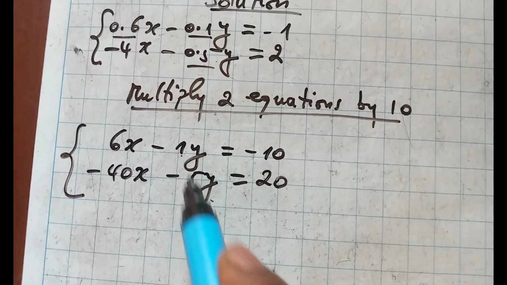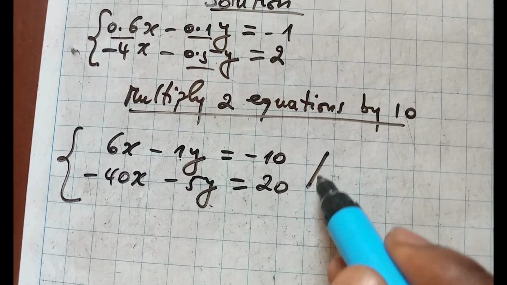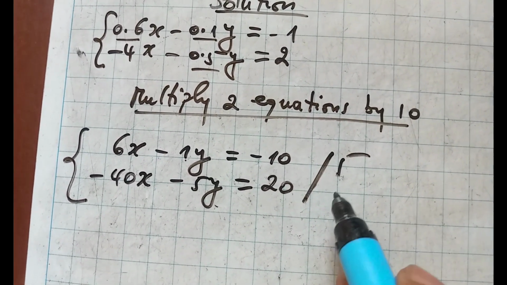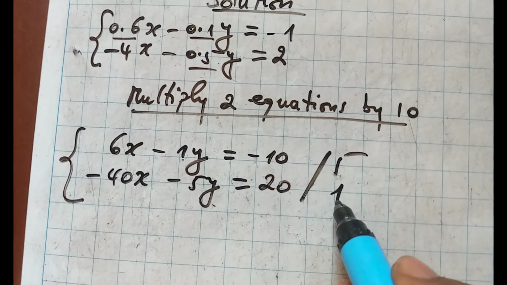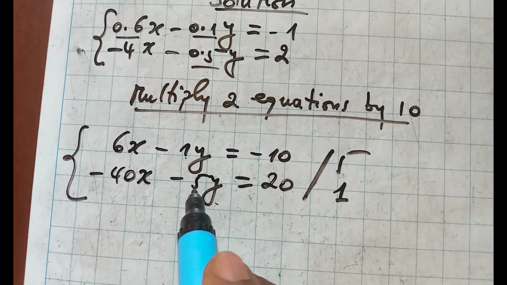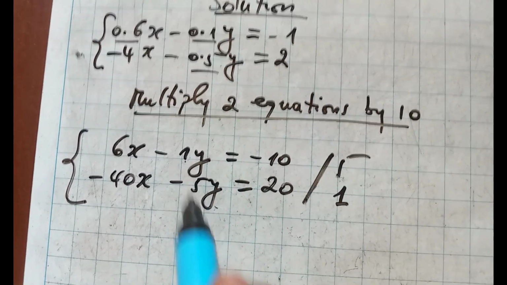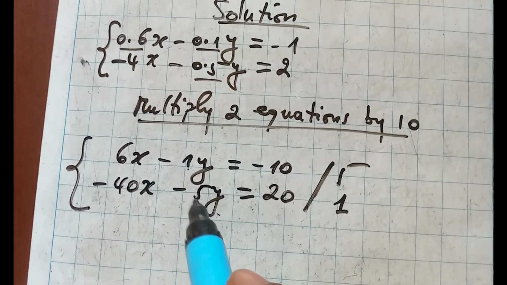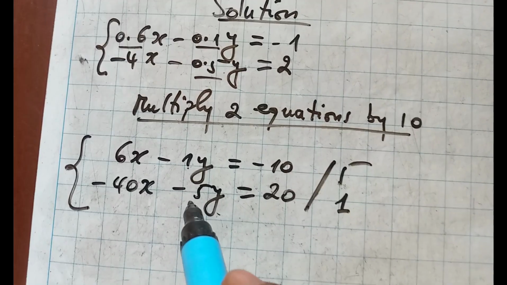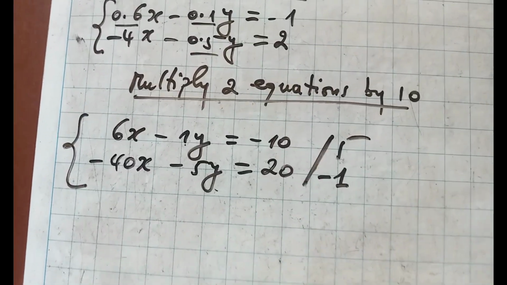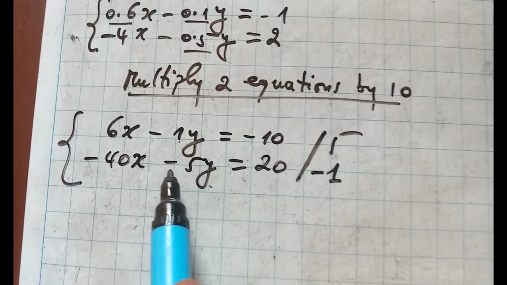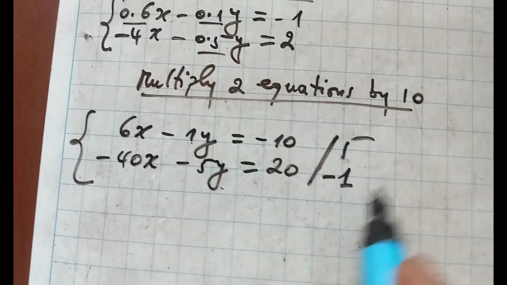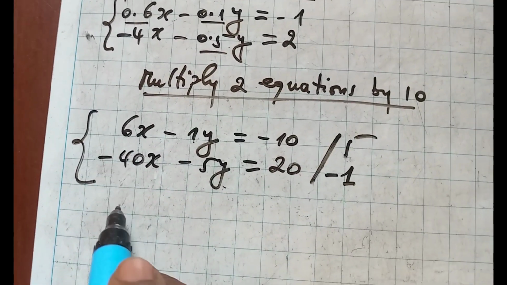So I have to make the same coefficient by multiplying by 5 here, and I have to multiply by 1 here to make this 5 constant. Then those terms must have different signs. So to make them different, I have put negative here, so that this one and this one will give positive. Yes. Now if I do this, 5 times 6 will be 30x